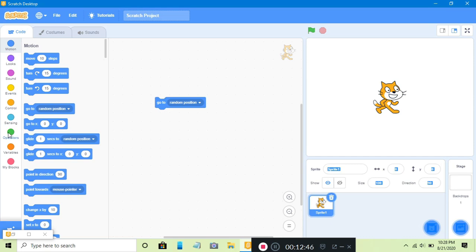Scratch is a programming language specially for children, but this doesn't mean it is not a strong, well-developed language. All other programming languages contain the same important programming concepts which Scratch also covers.